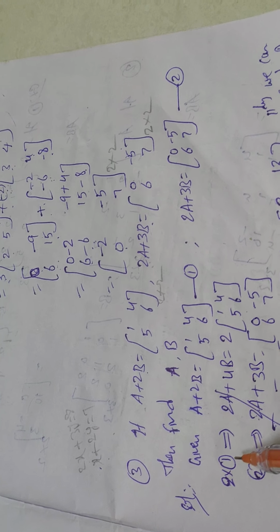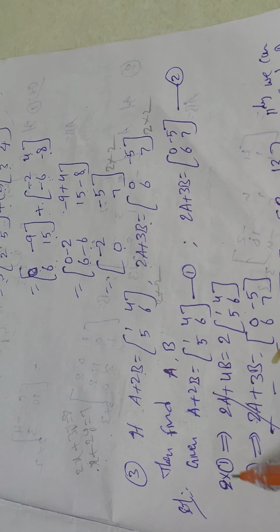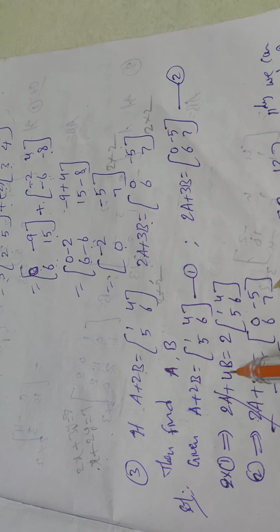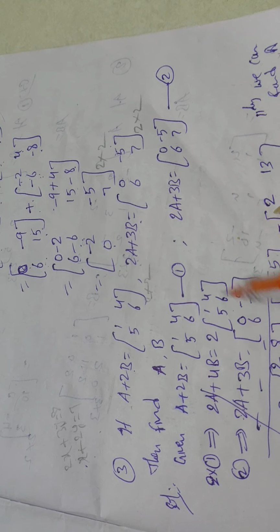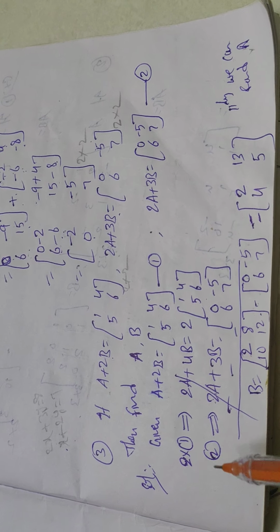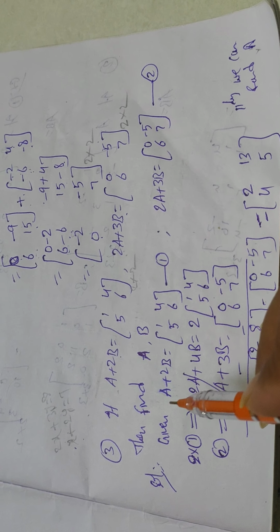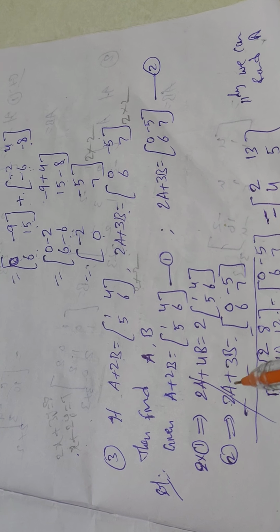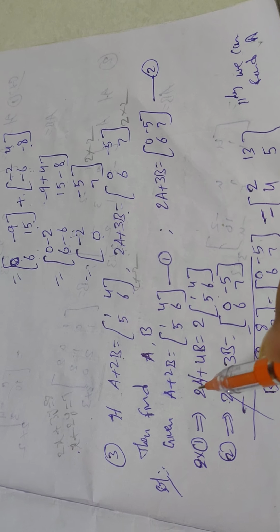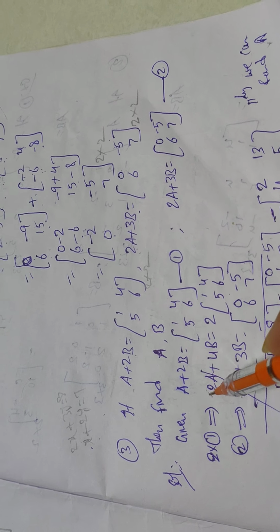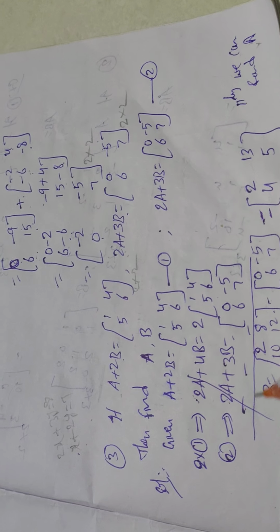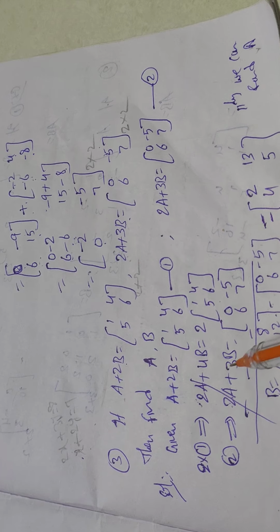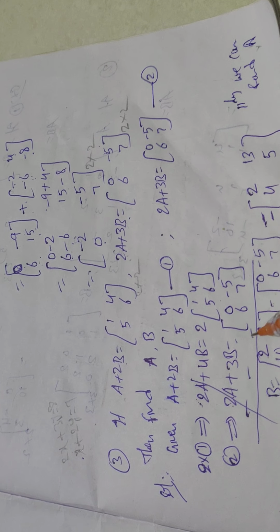So 2 times the first equation implies 2A plus, multiplication means we have to multiply every term, so 2A + 2 into 2, 4B, is equal to 2 times [1 4; 5 6]. Next, the second equation, 1 into 2, because the coefficient of A is 1. So 1 into 2 means only 2. So write the second equation directly: 2A + 3B = [0 -5; 6 7]. Now 2A and 2A have the same sign, plus and plus, so then you have to subtract. Subtract means the second equation's signs should be changed: plus means minus, plus means minus, and here also, nothing there means plus, so minus.